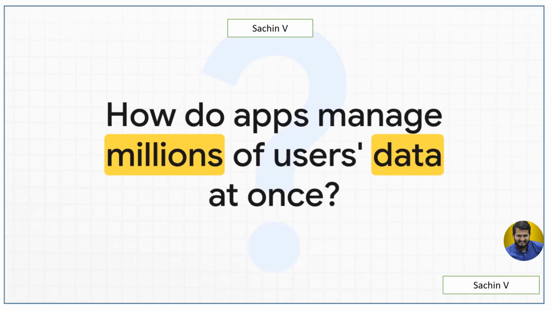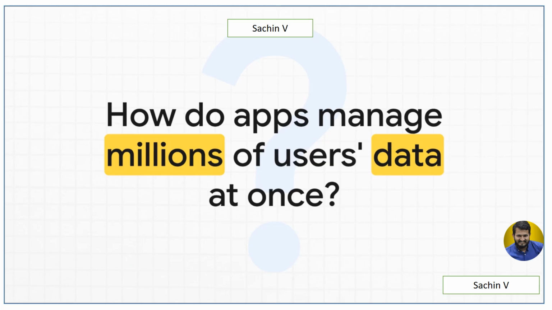Have you ever stopped to wonder how your social media feed just knows you? Or how your bank can track every single transaction perfectly? Or how a streaming service remembers exactly where you paused that movie? Well, it all boils down to this hidden, super organized piece of software called a database management system, or DBMS